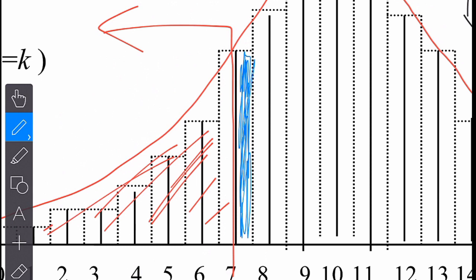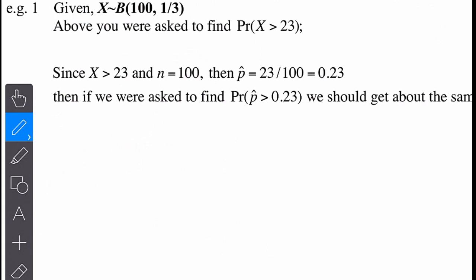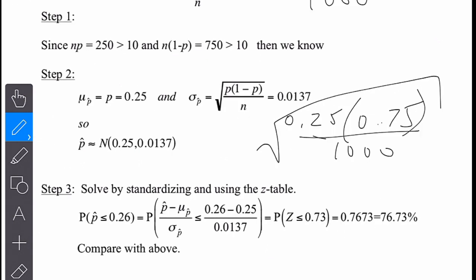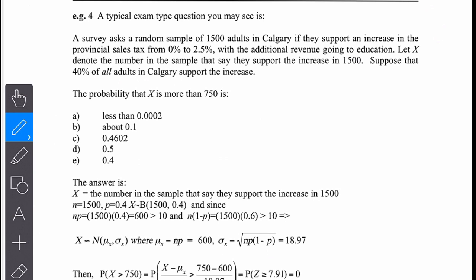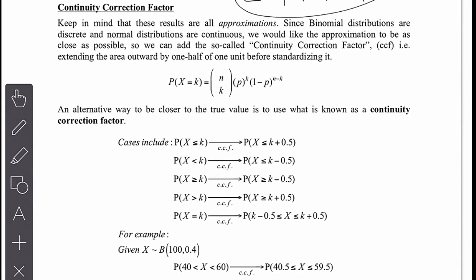This approach is known as a continuity correction. Now let me tell you, I can quiz you on this, but I'm not going to put it on the final, okay? But you might come across questions like this, and it's really important to practice. It's really important to understand that going from discrete to continuous has a catch, and you have to be aware that we use a lot of approximations, but there's ways to make them more precise. And one of those, in this case, is to make a continuity correction.